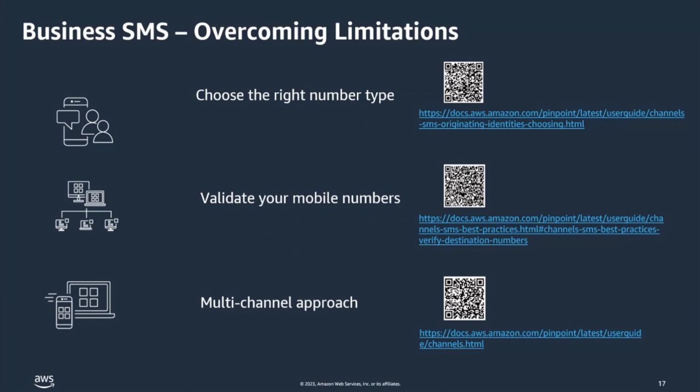We have a lot of resources available to help you send SMS at scale, including guidance on choosing the right number type, how you can validate your numbers prior to sending. And also, as Amazon Pinpoint is a multi-channel engagement platform, SMS is just one key component of our sending options. Not all SMS will be delivered due to the various touch points in the process and in the telco networks, but there is a multi-channel approach, which is key to ensure the highest level of deliverability to your users. And we have a lot of great information on how you can use all the channels available in Amazon Pinpoint.